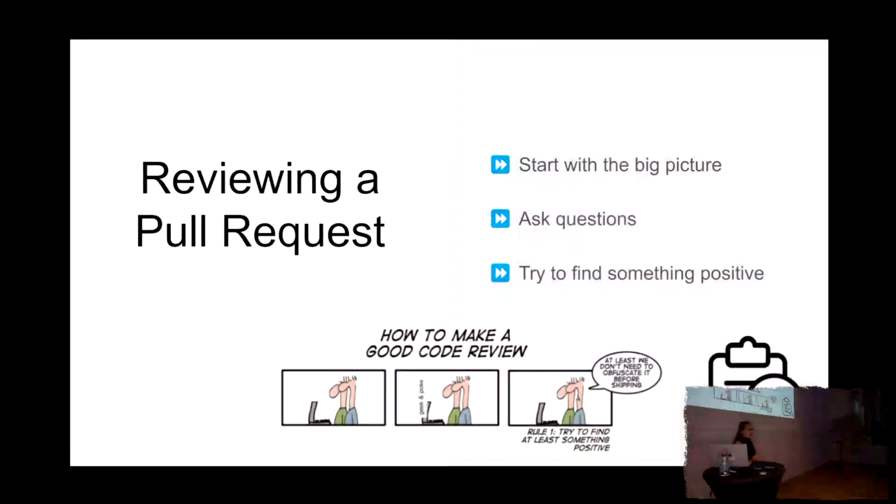The last point as a reviewer: code review is not always about finding bugs and issues, as I have shown you earlier. It's not just, okay, I want to point out all the bad things because I am the smarter. No, it's not just about that. It's also highlighting the good and the positive things in the pull request. That will motivate the developers to keep moving on and encourage them to look forward to how to improve and how to really make the code much nicer. So keep that in mind.